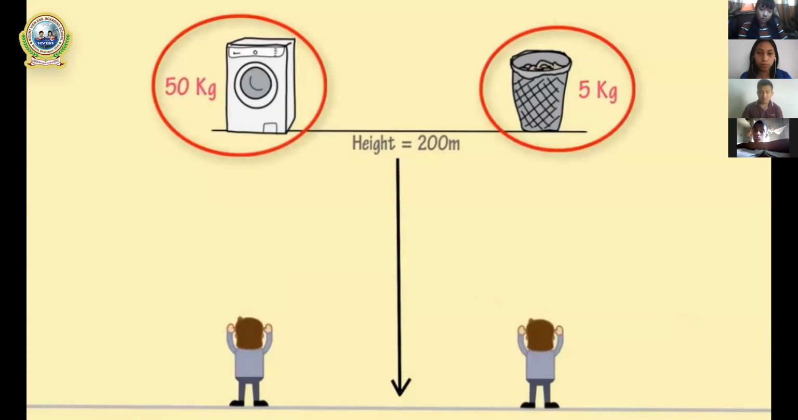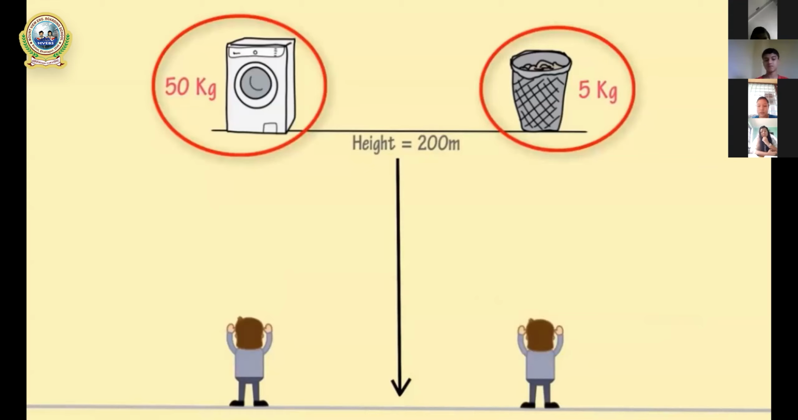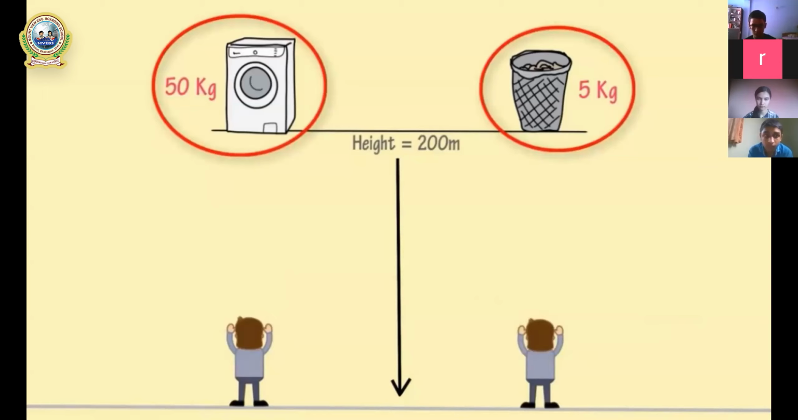So wait for a while. You can see the picture over there. You can see two objects of different masses kept at the same height, above the ground, at a height of 200 meters. Both the objects are placed at the same height, but they are different in their masses. One object is of mass 50 kg, and another is 5 kg. In this condition, if I ask you,